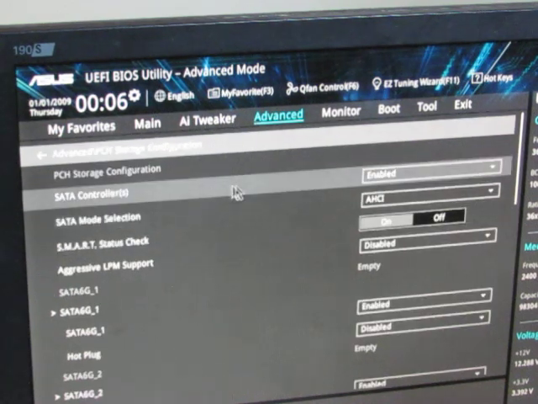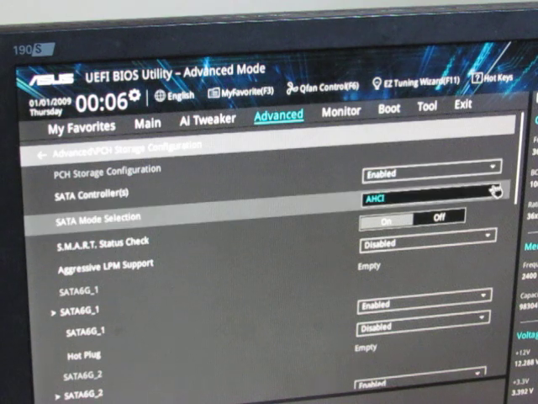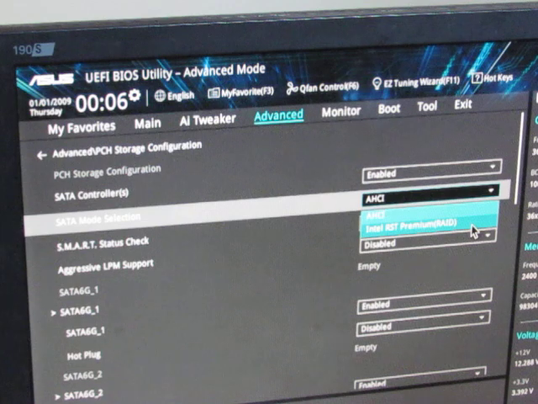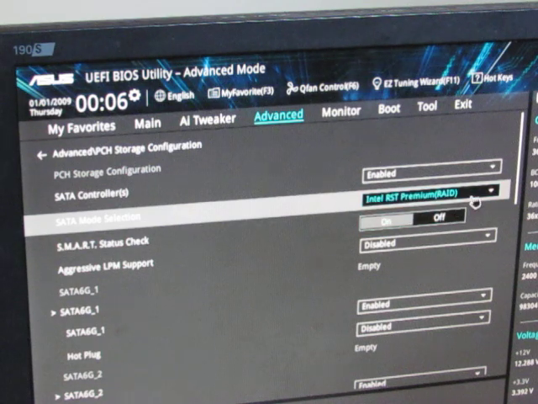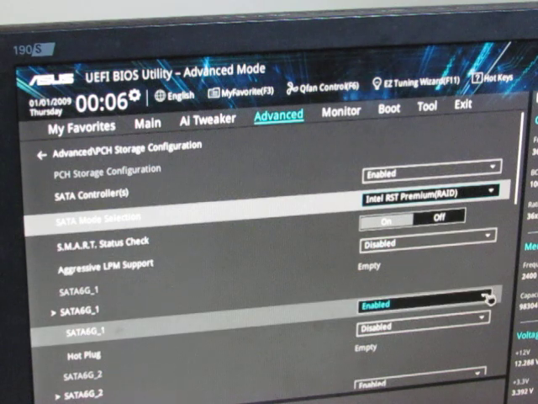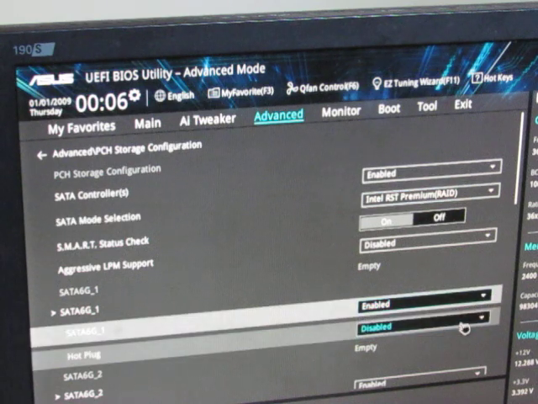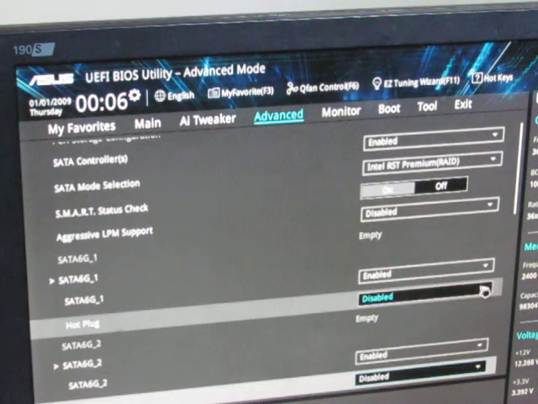Storage configuration. That's what I'm looking for. Okay, because I want to run RAID on this. Always do this first. Make sure that it knows that you want to run RAID. Because if you don't, you're going to have issues later on down the road. And also, just as a safety thing, I don't know about aggressive, sometimes you need it. But you want to enable hot plugging